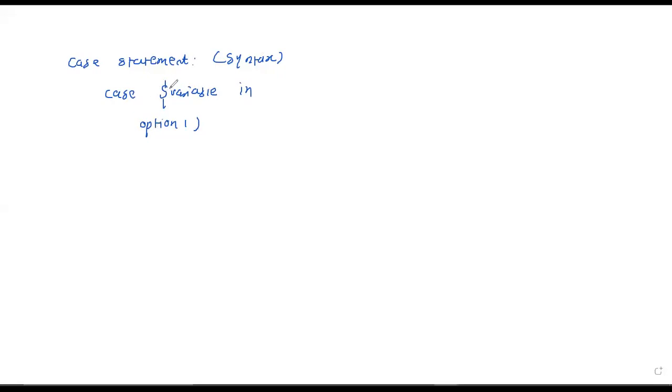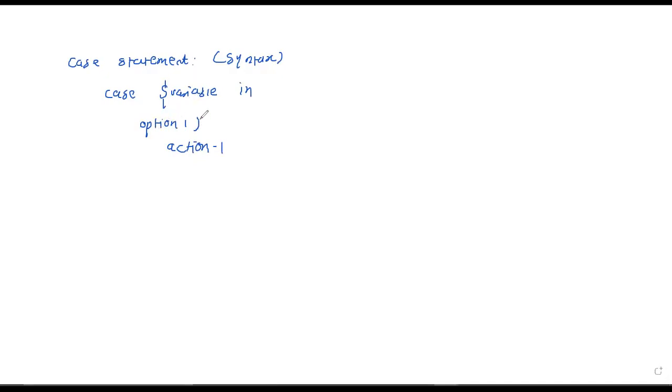So if the variable takes this value, option 1, then execute action 1.